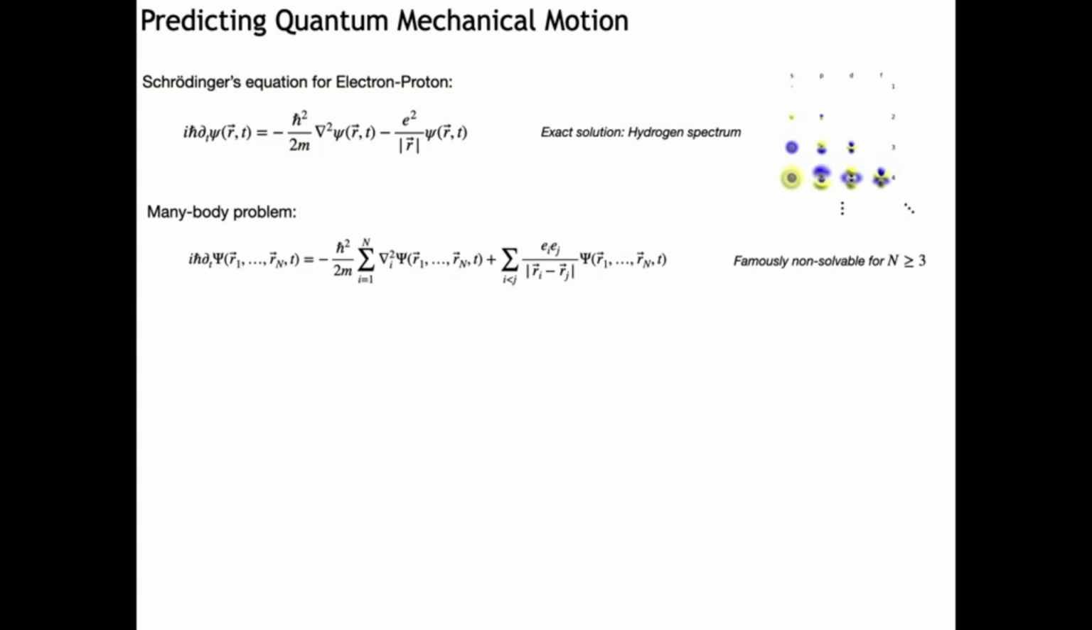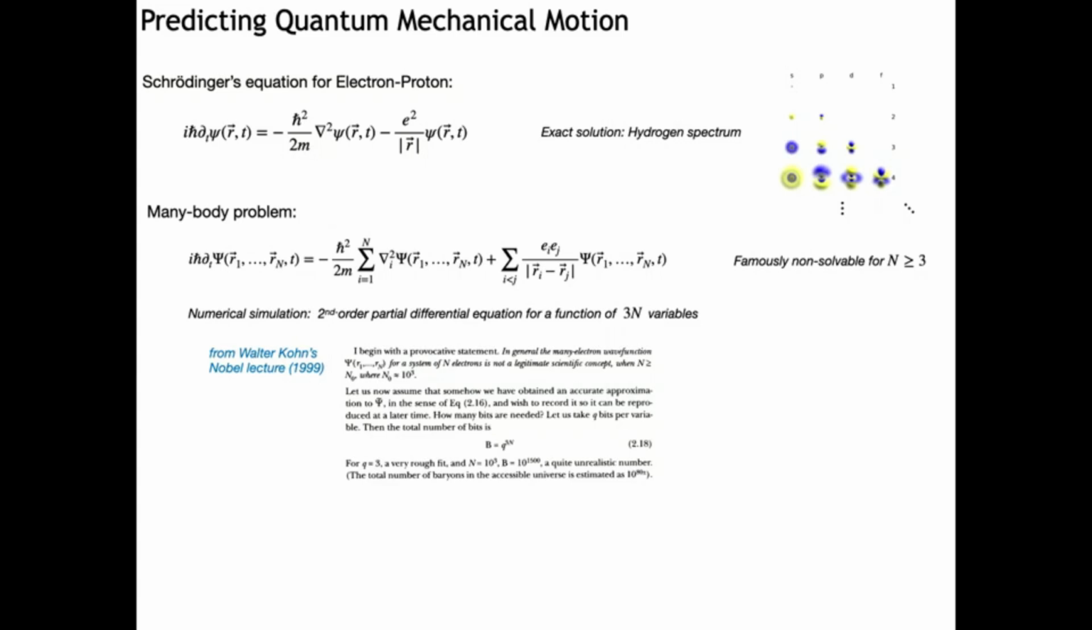So basically, this exponential blow up of the complexity becomes rapidly impossible to handle with any conceivable classical computing device, right? So you can quickly convince yourself that this problem is real, basically by making a simple estimate for a problem of interest. Here, I reported an extract of the Nobel lecture by Walter Kohn, where he even uses this argument to provocatively argue that the many-body wave function is not a legitimate scientific